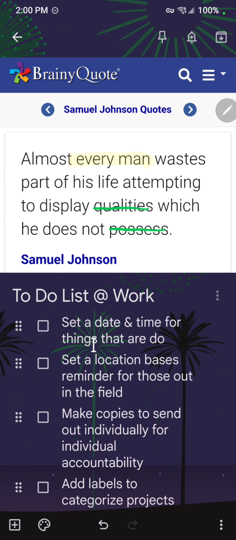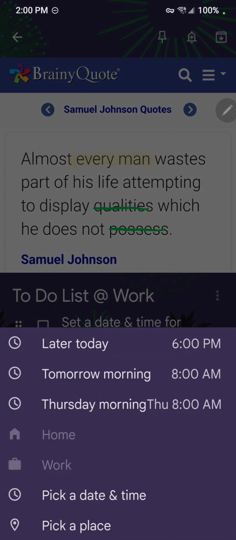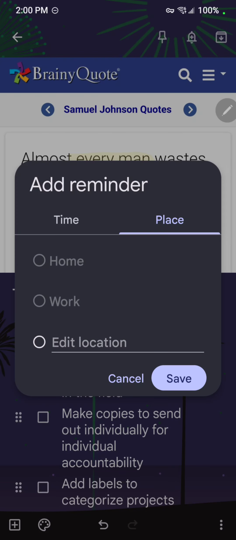Now, setting a date and time to get things done. You click on the bell icon up here at the top. It already has pre-designated dates and times for generic stuff, but you can also pick a particular date and time, or you can pick a place. Now, what I like